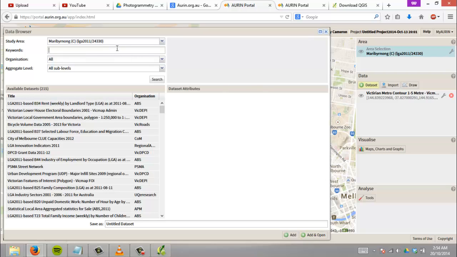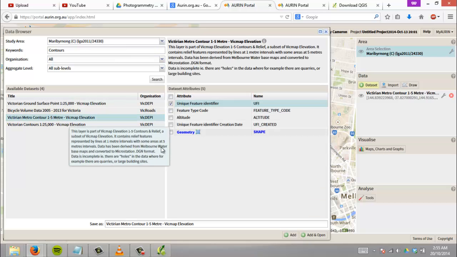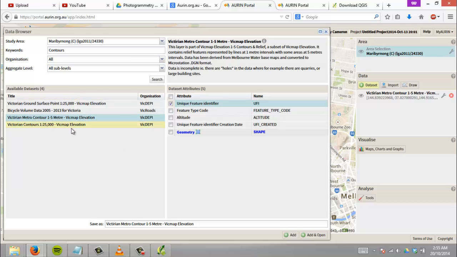So in this example, what we'll be using is contours, and I've chosen the Vic Metro contour 1 to 5 Vic map elevation. And if you want to follow along, then you click on the altitude, and you also click on the geometry. What this will do is attach the information. Generally, what you want to always do is choose the geometry. So what that will do is a vector